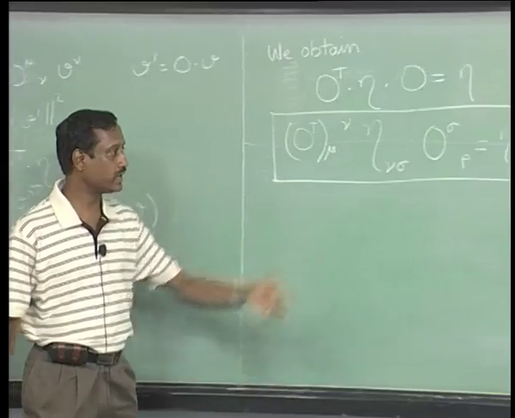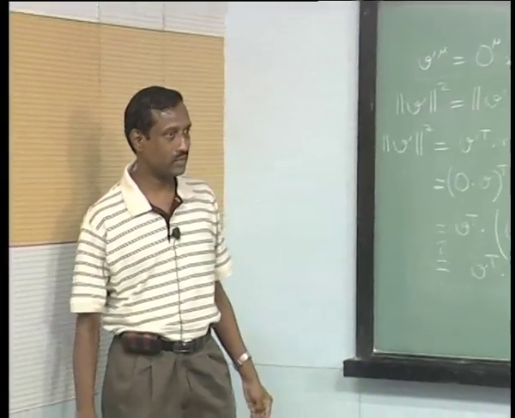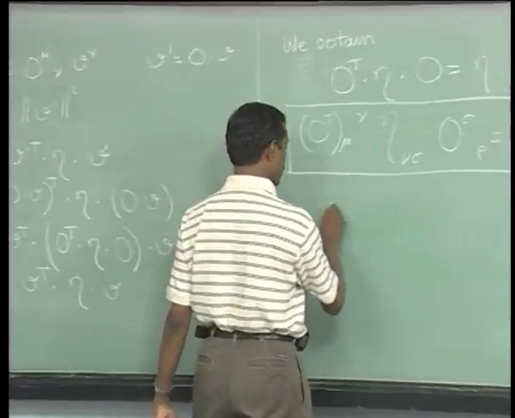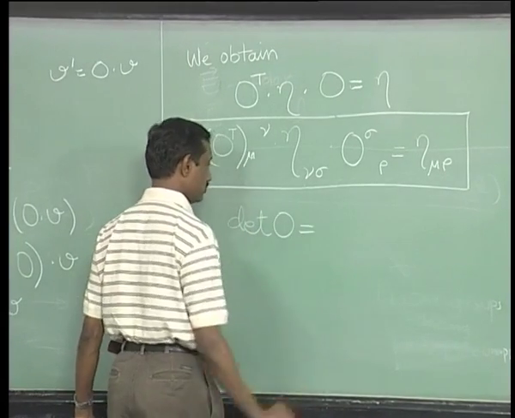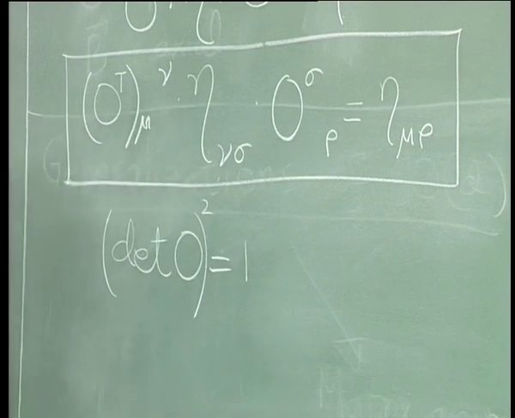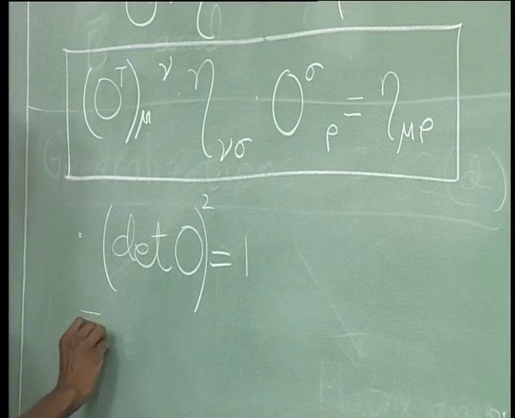The determinant of eta is non-degenerate, it is non-zero, it is equal to -1 in my convention. So, that is -1's cancel away, and you can see that again the condition is determinant of O, rather square, is equal to 1, the same as before. Okay. So, this implies